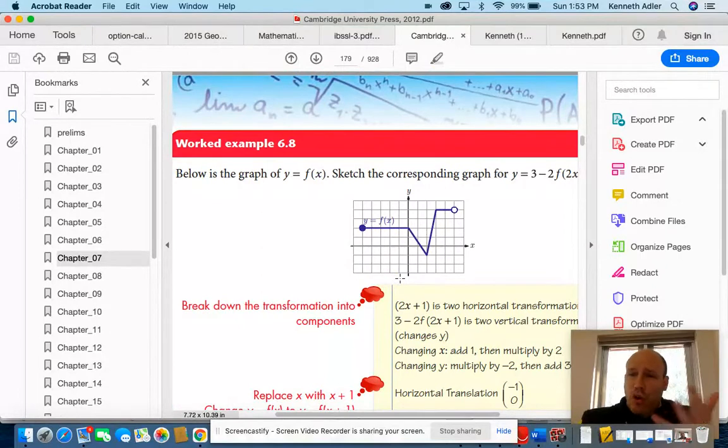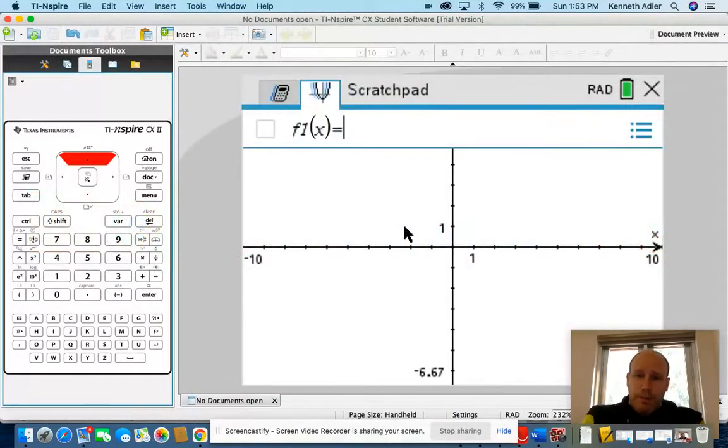We can construct this ourselves. So the first thing I noticed is that this first segment from -5 to 0 is y equals 2. So I went to my graphing calculator. I did tab,